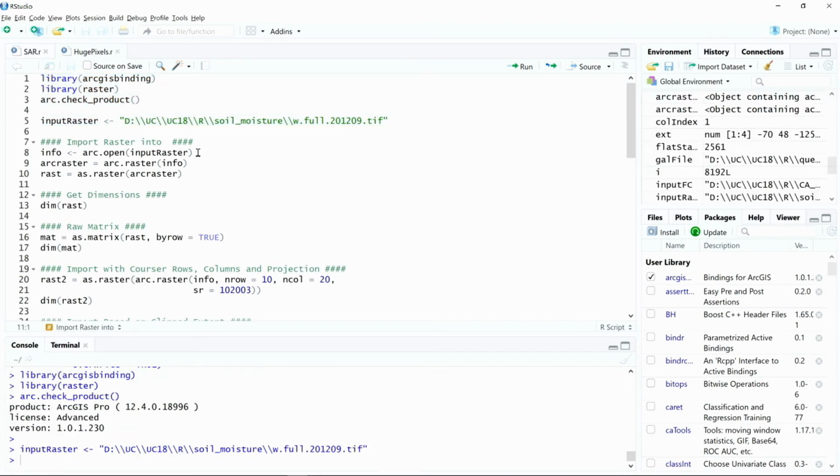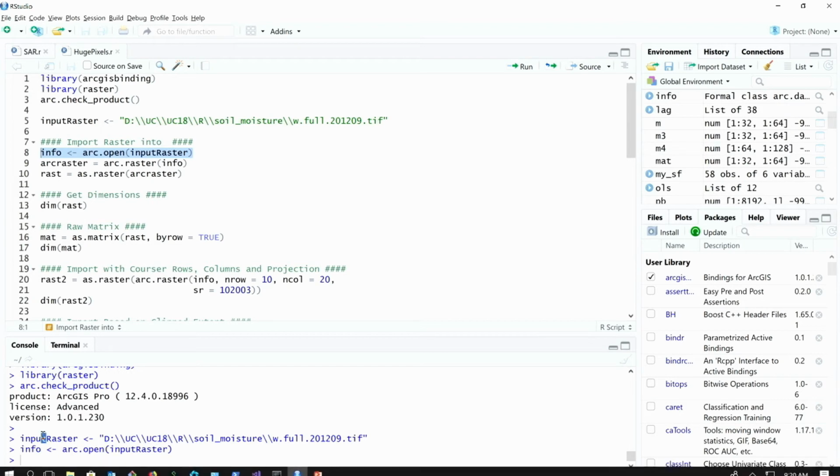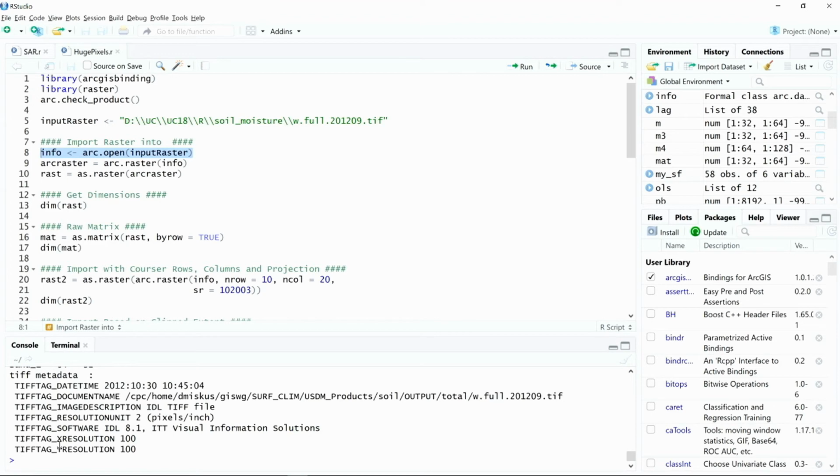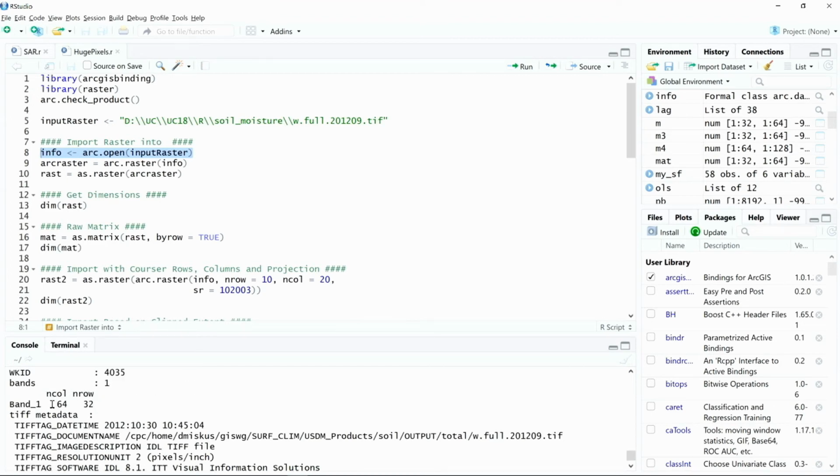So I'm going to open the raster just like last time, call it info. Let's take a look at info. Just like last time, it's like a describe. It gives you a lot of different information about it. I have 64 rows, so I use a very coarse